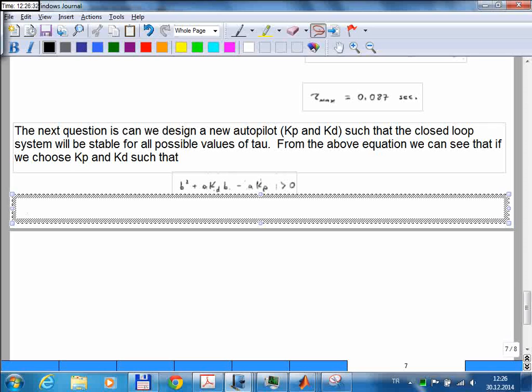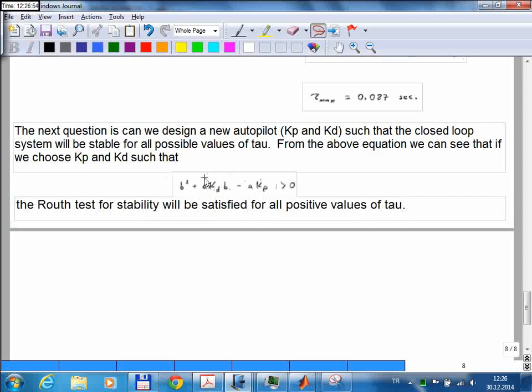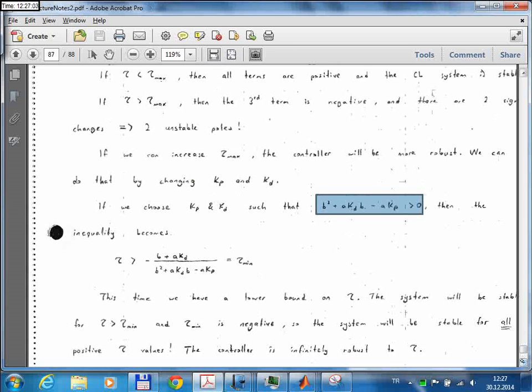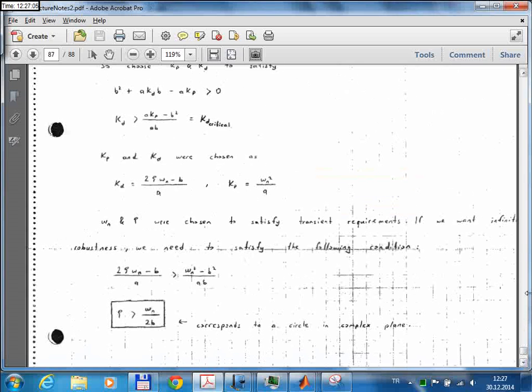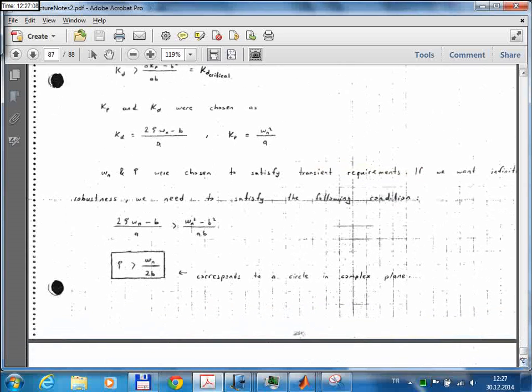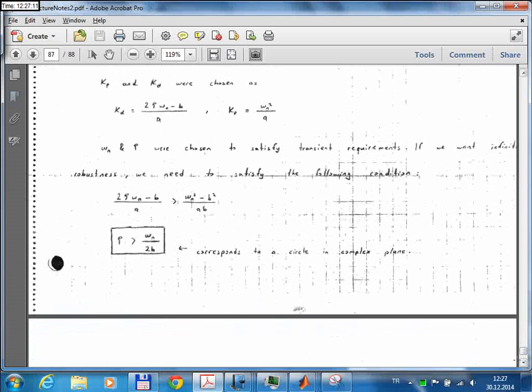So if we choose such that is satisfied, the Routh test for stability for all positive values of tau. So this means I cannot choose Kp and Kd arbitrarily. I need to look for this inequality. And if you further play with that equation, and the details are given here,